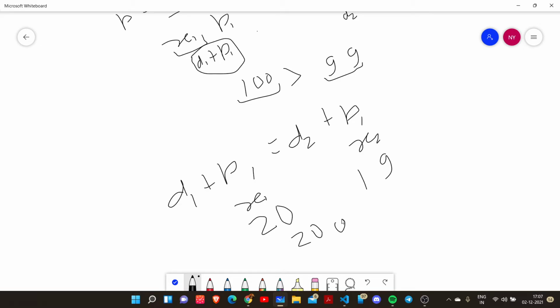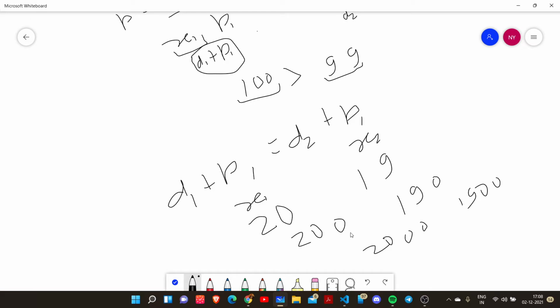Or we can compare 200 and 190, or we can compare 2000 and 1900. It doesn't matter as long as both have the same number of digits. You can add any number of zeros to both these numbers, and you can compare. The result will be the same. So we know that finally the number of digits in both is going to be equal, so it will be the same whether we compare 20 and 19, 200 and 190, or 2000 and 1900.